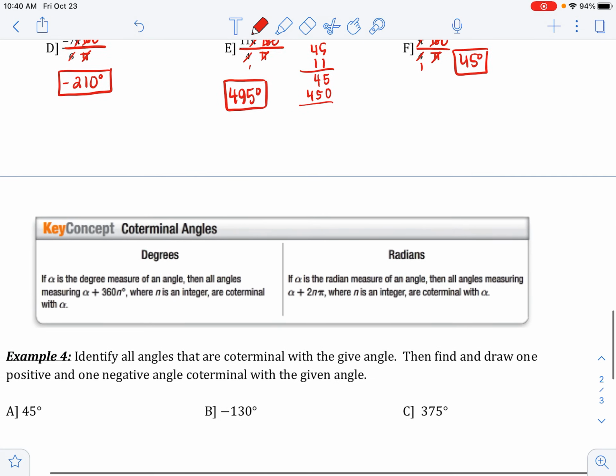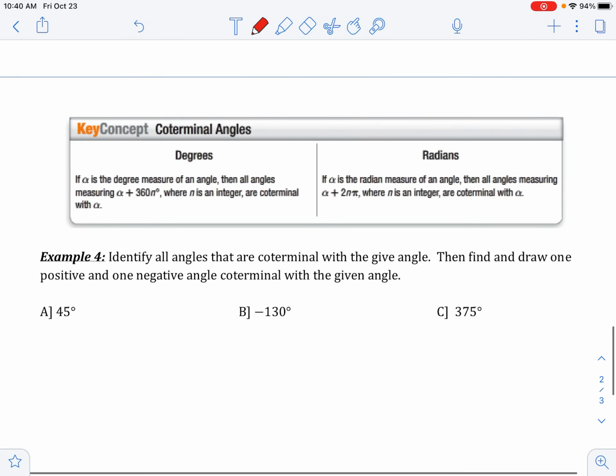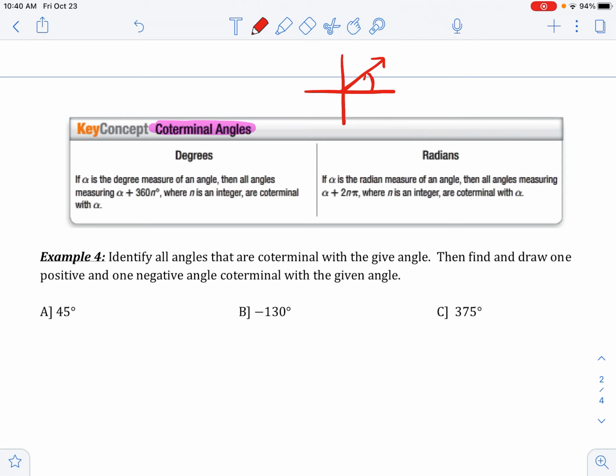Okay. So the last thing we're going to talk about are coterminal angles. Coterminal angles is a vocabulary word that you have to know. First off, I want to show you an example of a pair of coterminal angles in degrees or radians. It doesn't matter. I'm not even going to give an angle measure. So if I have this angle right here,